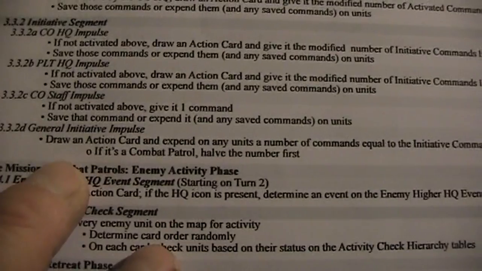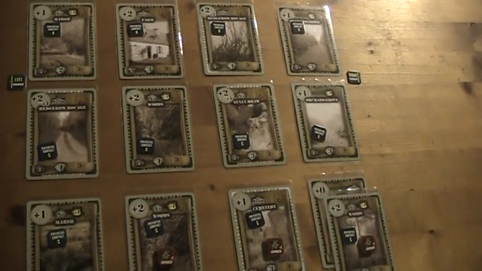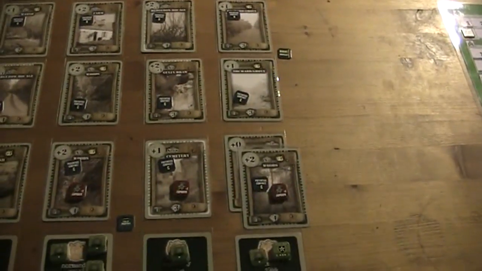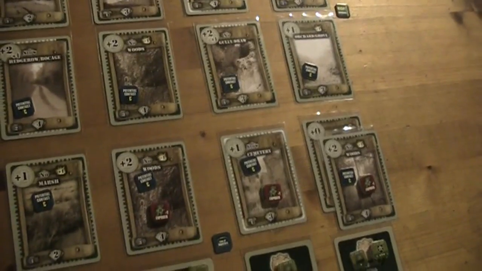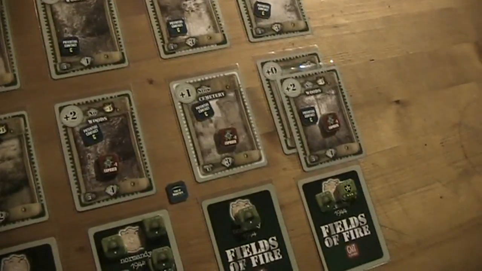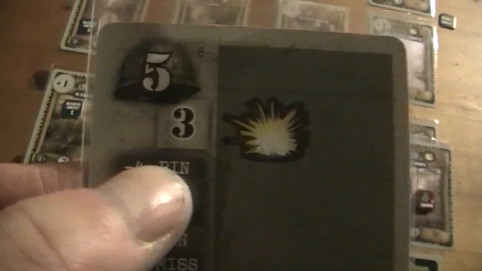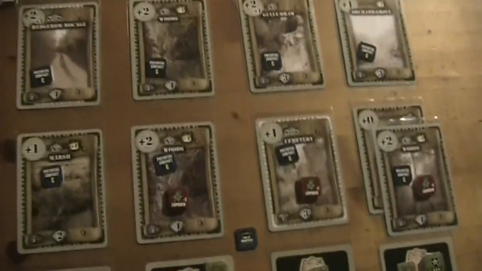But there is a general initiative impulse now, and that means we can draw another card, and this card is not modified by the command draw modifiers, and we can simply give the number of orders to any unit on the board. So that's pretty cool. We got now here 3 because it's the initiative number, not the command, not the activation number, but the initiative number. So we got 3 points here,